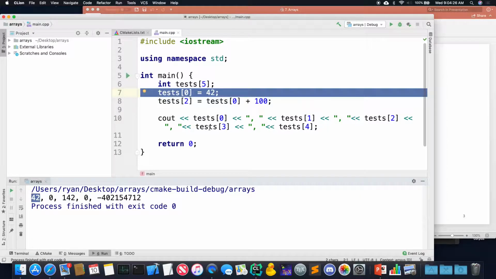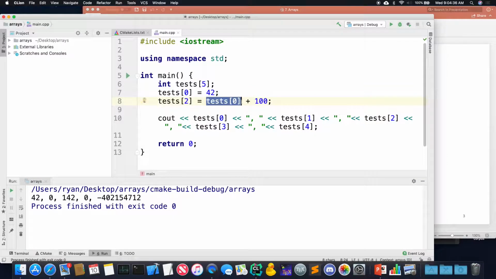I didn't set index 1 anywhere, so it should be default initialized to 0, and it is. We looked up 42, added 100, and set to index 2. So the third element is 142. We didn't set tests of 3, but for some reason, I'm not sure what happened here. Maybe if we run again, it'll give us...